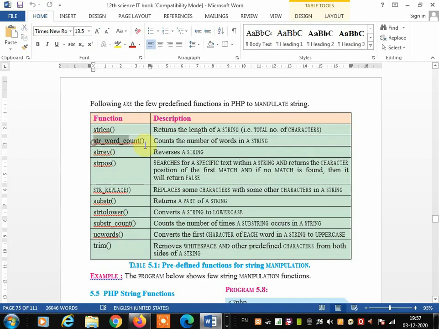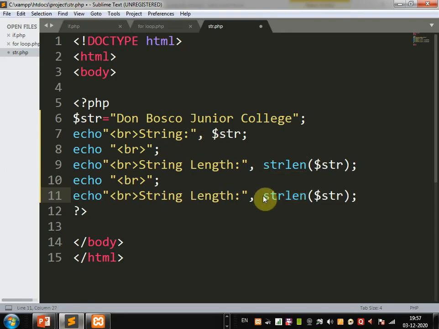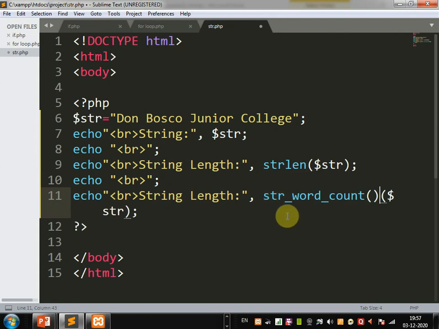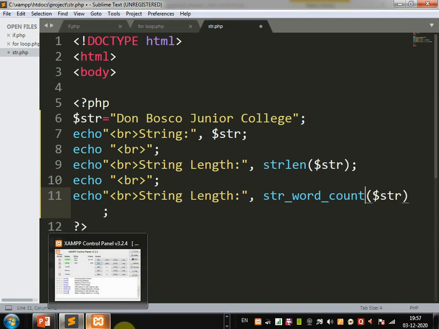This str_word_count. This function is used to count the number of words in a string.